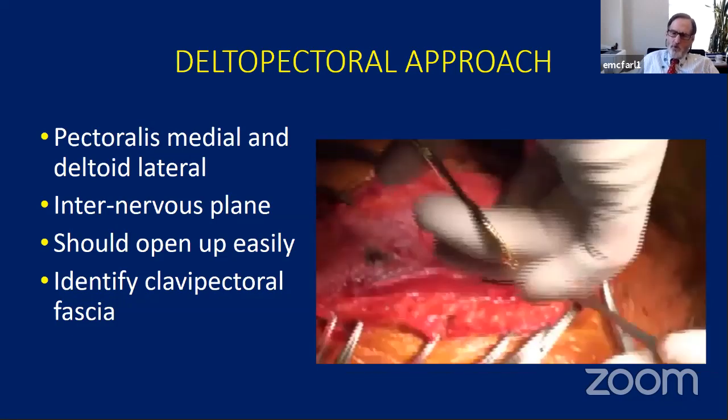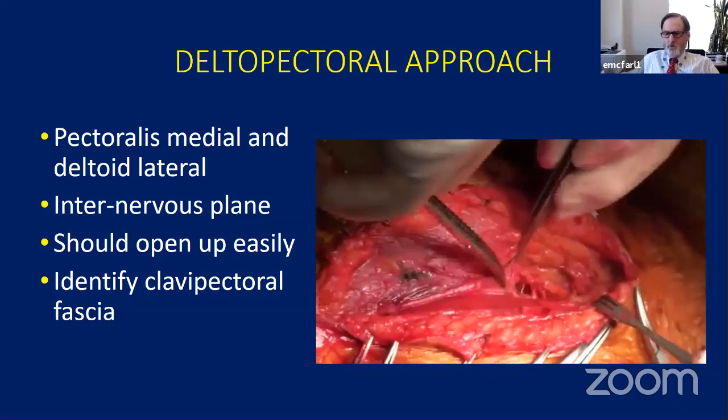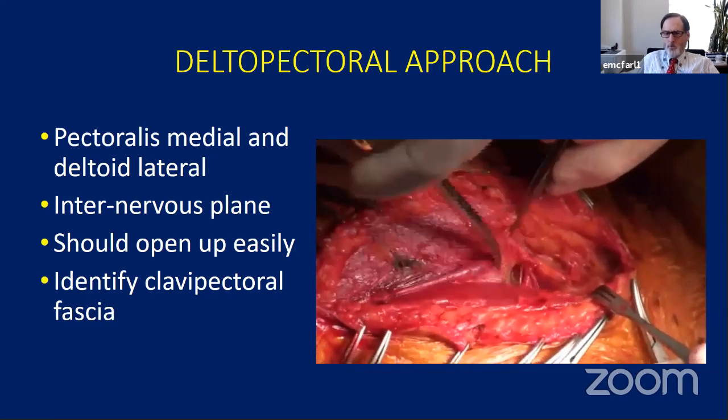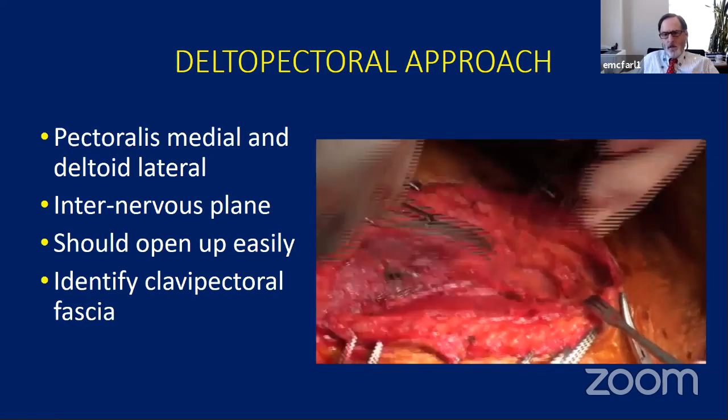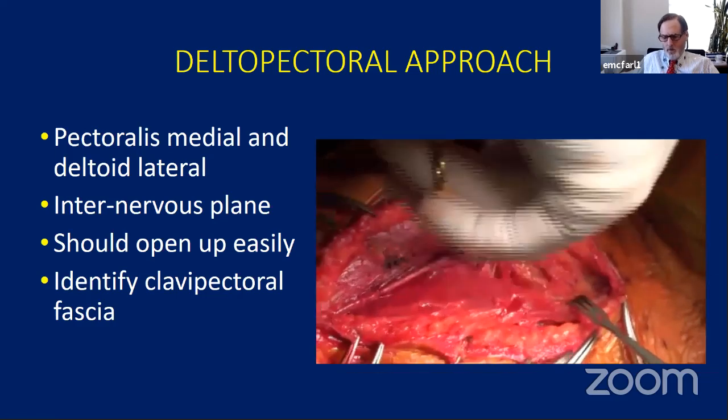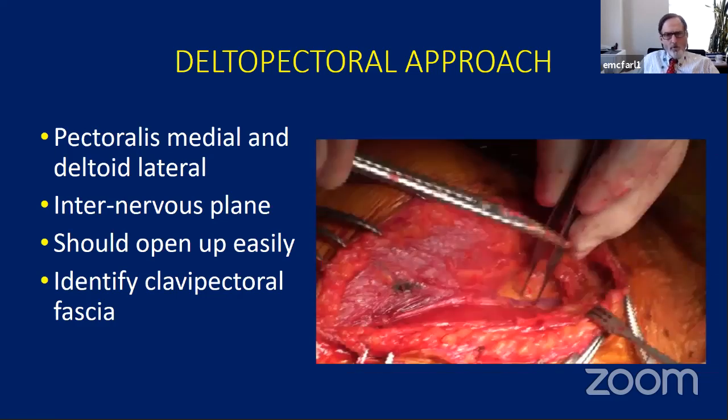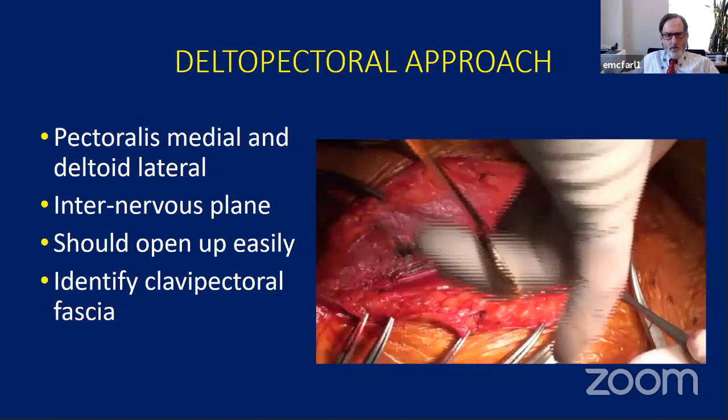Also, if you go above the coracoid, you have to be careful up there as well, because the plexus gets a little more superficial. And lastly, you don't want to rip the vein up underneath the clavicle where there's subclavian. That gets to be a little bit of a mess.